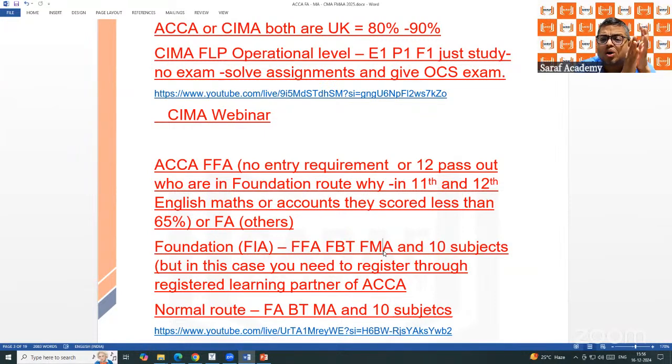Total cost will be coming of doing ACCA, all 13 exams and all that. If you do through Saraf Academy, then including institute charges, training classes, 3.6 to 3.8 lakh. I'm talking about in today's monetary term. Today, you are not paying the entire money. You will be paying this money in a duration of around 3 years.